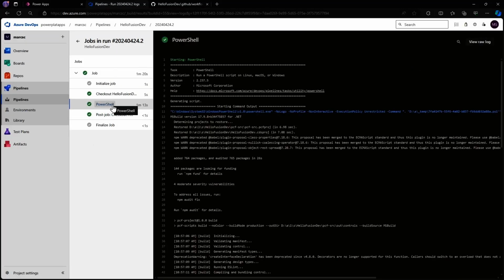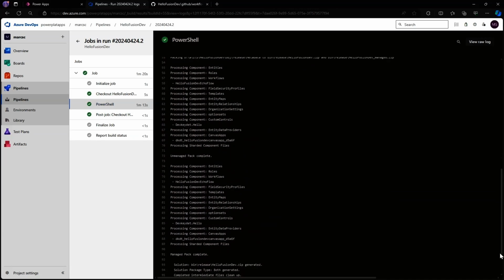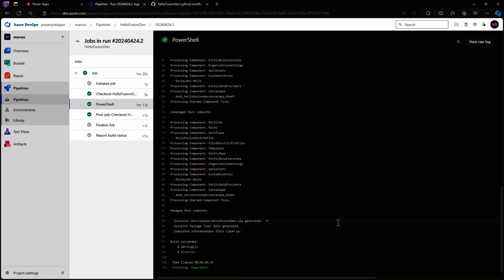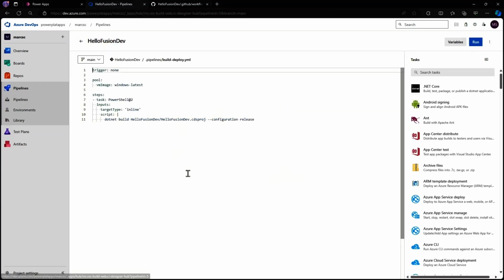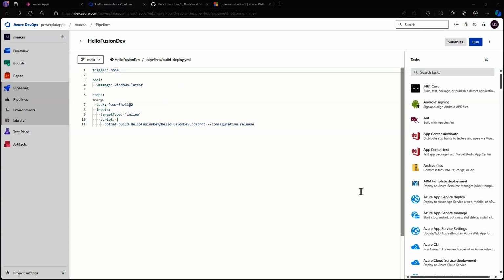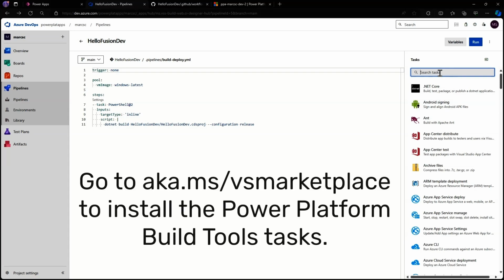All right, so we can see that, in fact, we got our zip files created. Right? We know the directory. So now we're going to come back here. We're going to edit this to deploy the solution to a new environment. To do that, we are going to use some Azure DevOps tasks my team builds called the Power Platform Build Tools. So the first thing we're going to do is we're going to